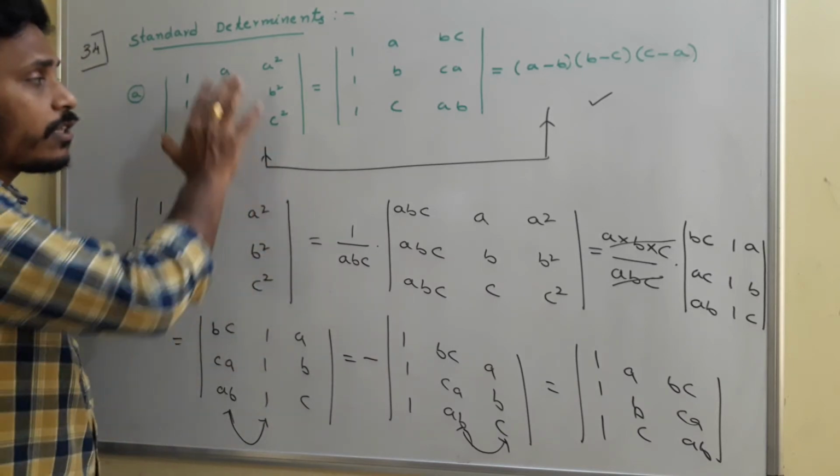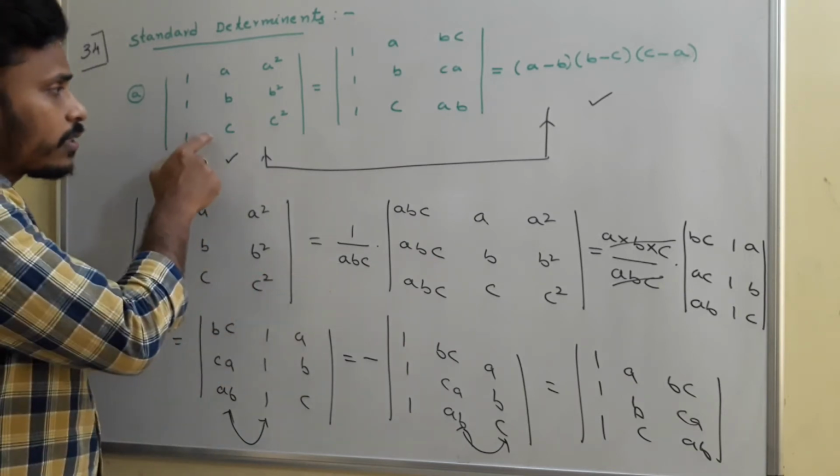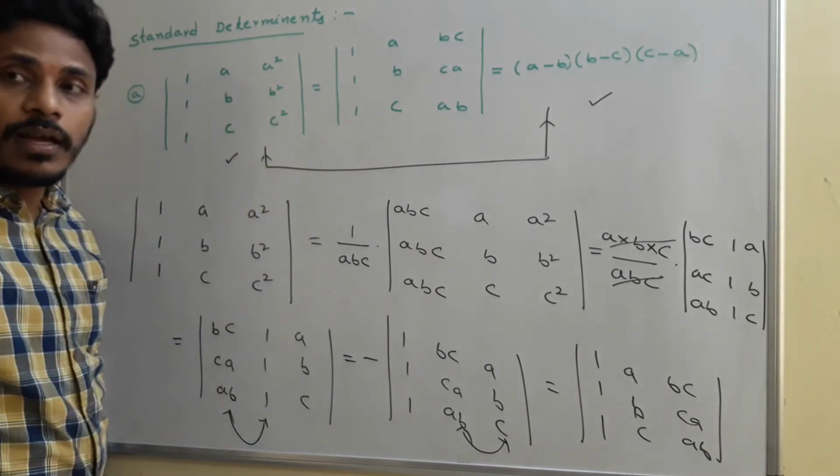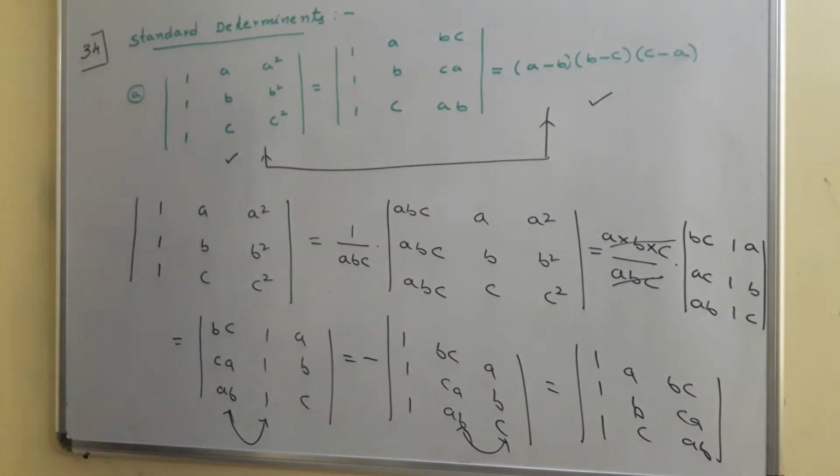And at the end, this first part is equal to the third part, and as I mentioned on the board, this first part is equal to the second part. At the end, if you conclude these three are equal, just have a look. Go for a screenshot. At the end, those three are equal. So the first part is equal to the second part and the second part is equal to the third part. We proved that the first part is directly equal to the third part by finding the determinant, and then using the properties of determinants, we proved that the first part and the second part are equal.